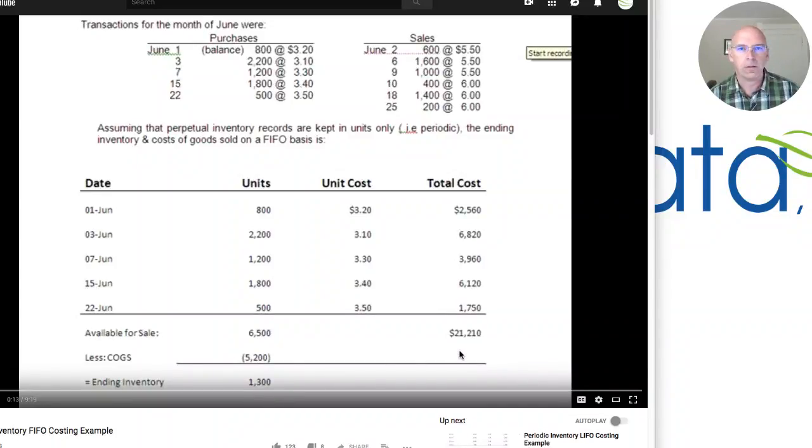Now he's going to solve for what I would call the cost of goods sold, the actual monetary value, and what is the value of the ending inventory. And he's going to do that in this video based on FIFO, in another video based on LIFO, last in, first out, and then in the third video, he'll do it in moving average. Let me go over here and scrub and show where he